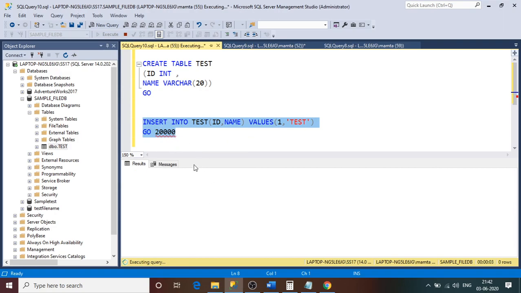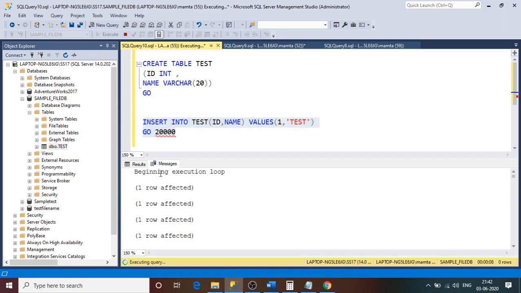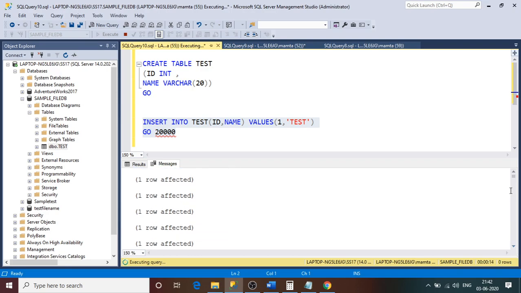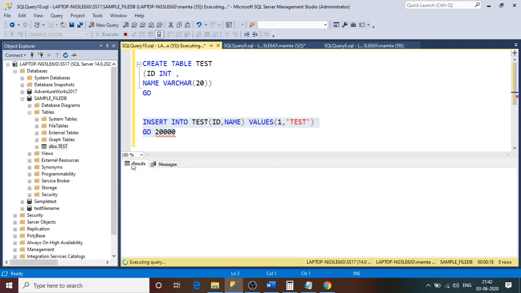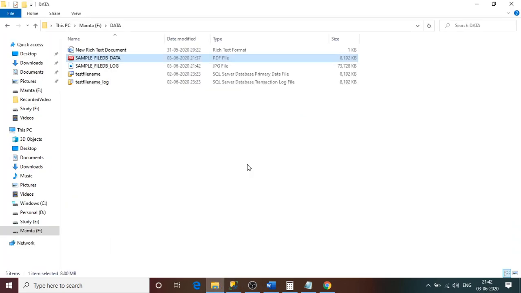If you see, it is going to execute and it will take some time. Go to the messages, and you see "beginning execution loop". It is a kind of loop, and "one row affected, one row affected". It will be done 20,000 times. Okay, so it is executing as of now. And if you go ahead and see here,